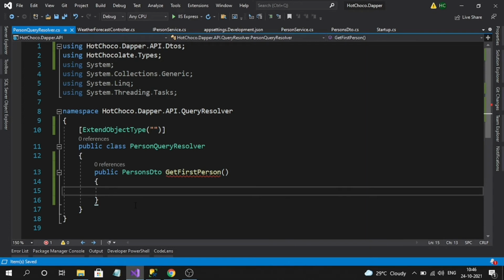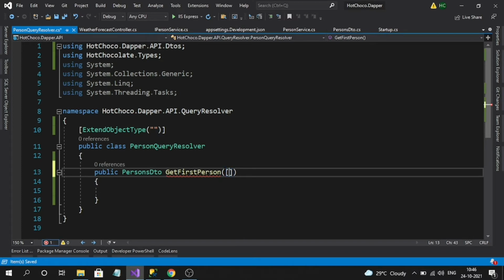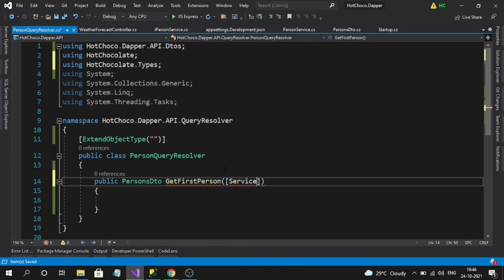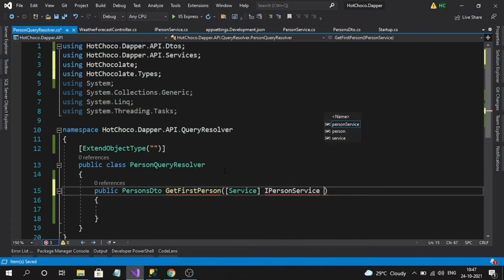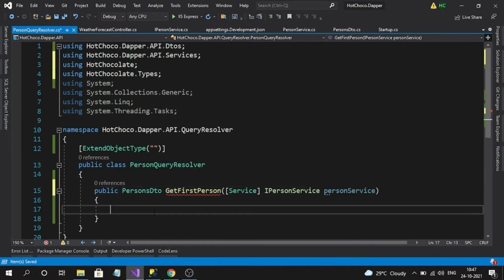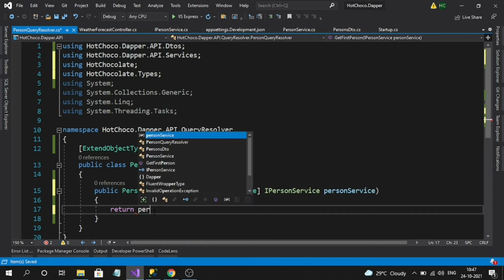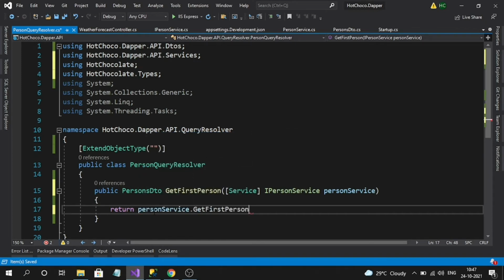That means we cannot inject our services into the constructor of the resolver, but we can inject them at method level. To do that, we need to use an attribute like Service, which also loads from Hot Chocolate. And now we can specify our service interface here. Like this we can inject it, and we can simply consume that service and return it.